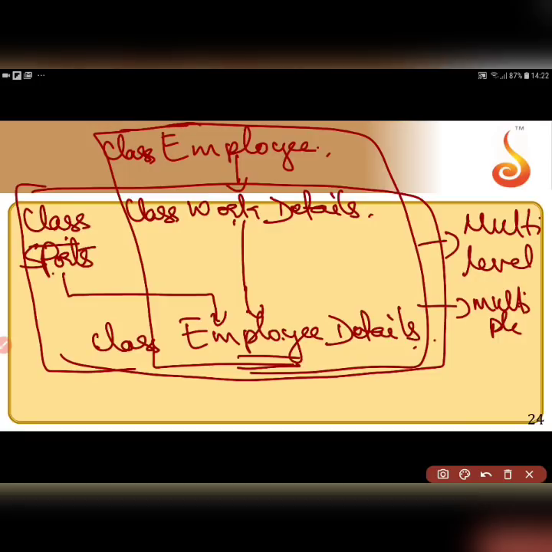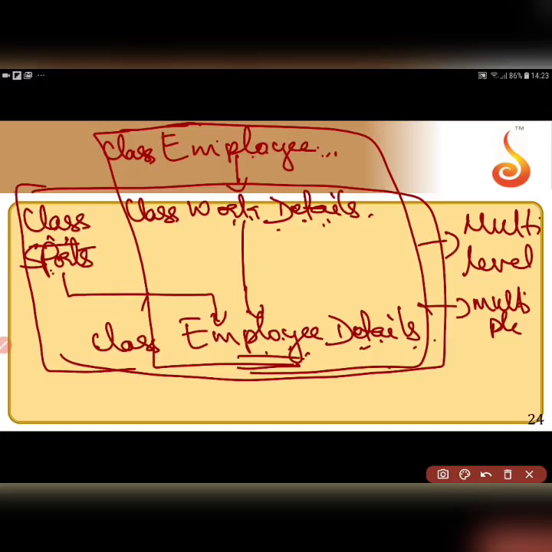Please have a look. I have a class employee. From that I am deriving a class called work details, and then I have a class sports which is not derived from any of these, and together I would be having it in employee details. Employee details is the class which is derived from work details and sports. So employee details will have the public functions and the protected data and the public data of employee. It will go to work details and then it will go to employee details. So employee details will have the details of work as well as employee from here, and then sports. So all the 3 inheritable data, leaving the private because private cannot be accessible. Apart from that, other data, that is the protected and the public data, is available to